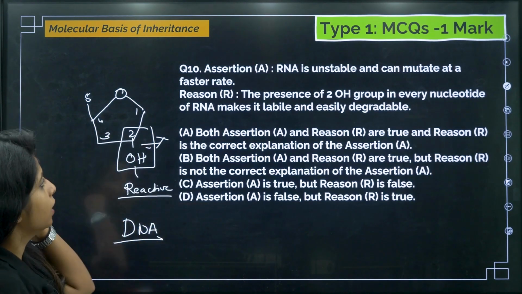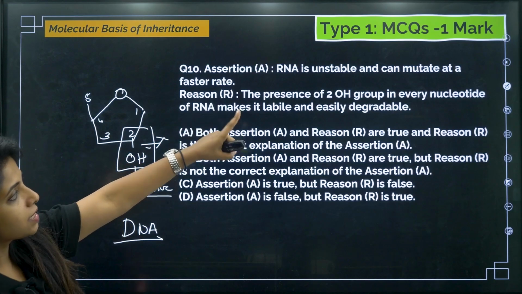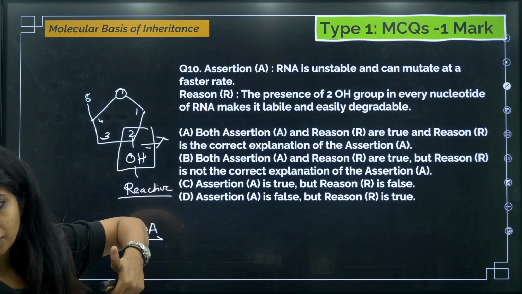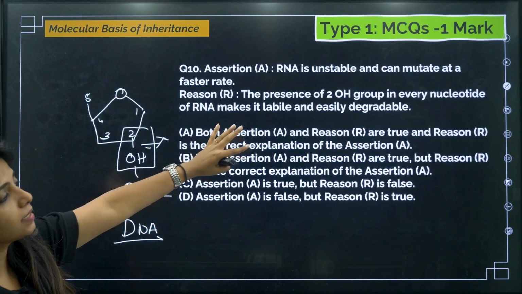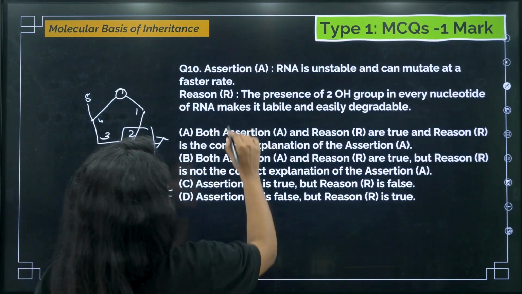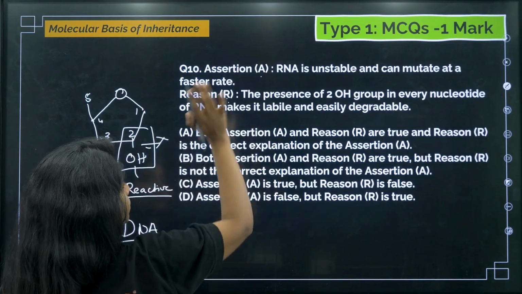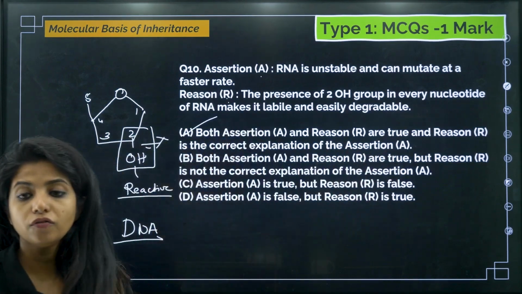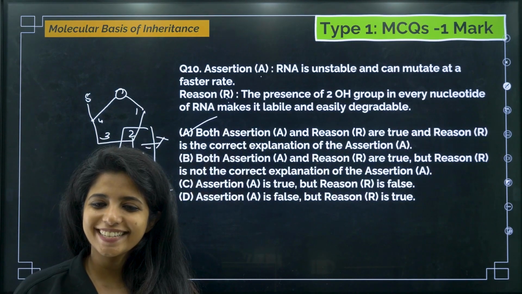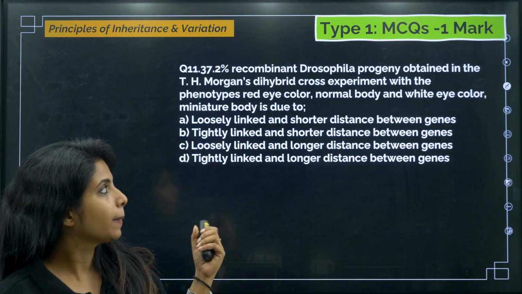Cool, works. Now over here, RNA is unstable and can mutate at a faster rate is exactly true. The presence of the 2' OH group in every nucleotide of RNA makes it labile and easily degradable. Yes, children. This is the reason. Assertion and reason are true, and both of them are explaining each other. So both assertion and reason are true, and the reason is the correct explanation of assertion A. Works? Done? Can we go ahead? Okay. Now